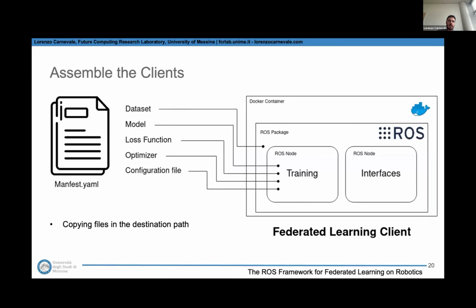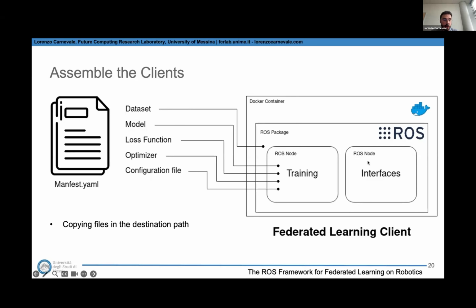What is at the end the goal of having all these different files? It's assembling the client. Why do we have to assemble the client? Because, as we will see, ROS needs to be built. This is the biggest pain point that we have with ROS. Building means that we need to know everything a priori, and we need to build all these classes in a building phase. We created then two different nodes, in this case, the training node for the client and